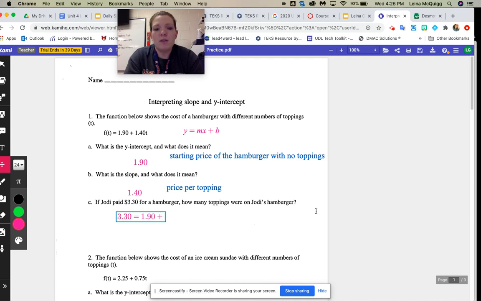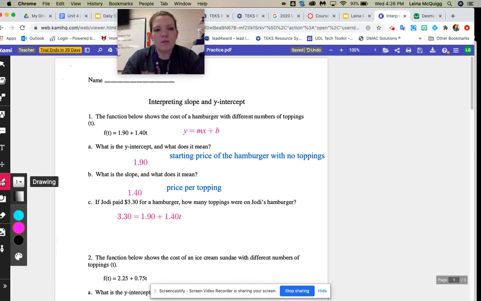So this is what I'm going to do. I have this equation: 190 plus 140t equals 330. I'm going to solve for t, so I'm going to switch over to my draw tool. I'm going to solve to get t by itself. The first thing I'm going to do is subtract 190 from both sides. So that's going to be 0, and I'm going to be left with 140t on this side equals